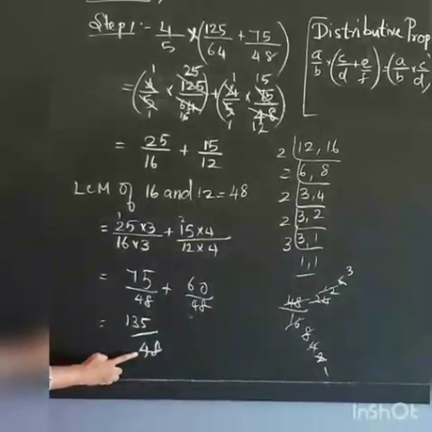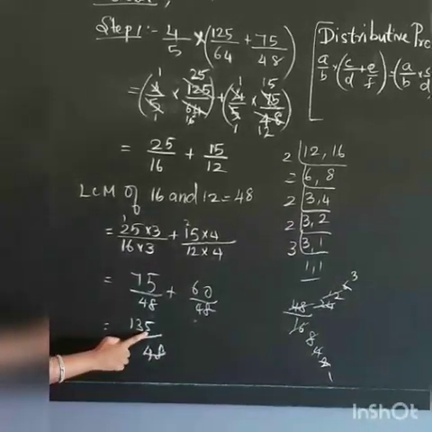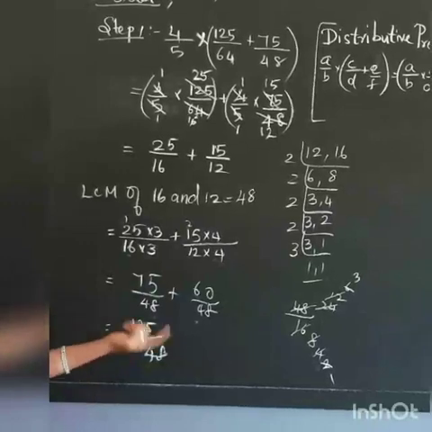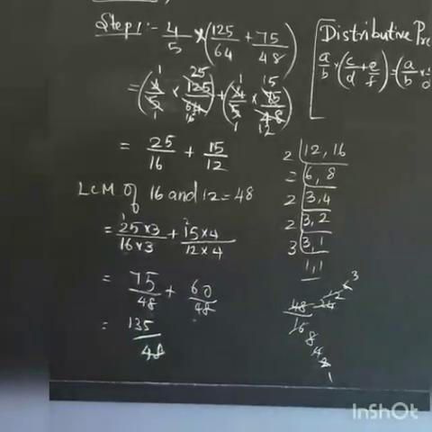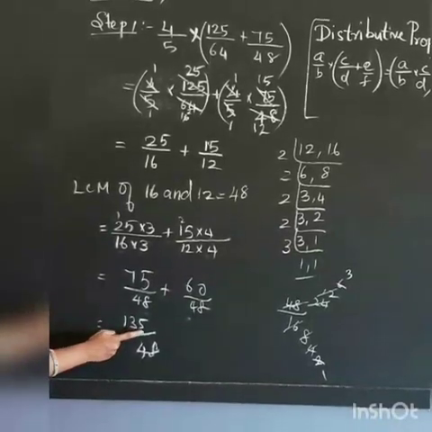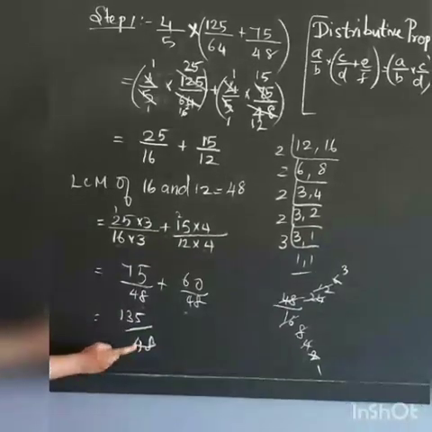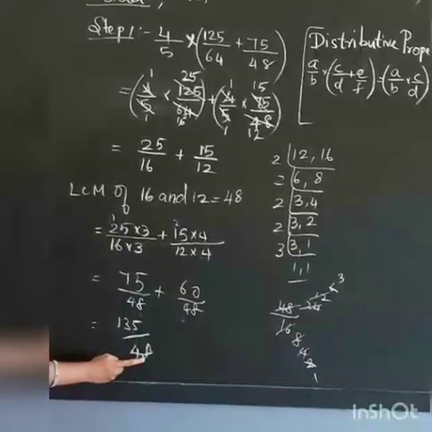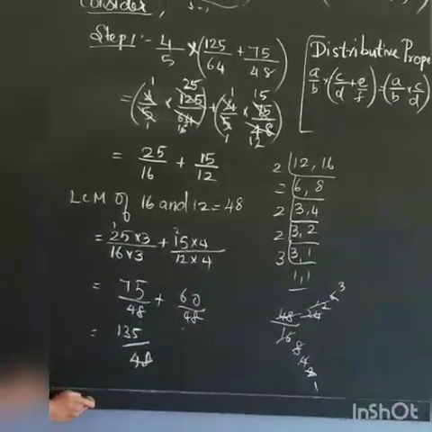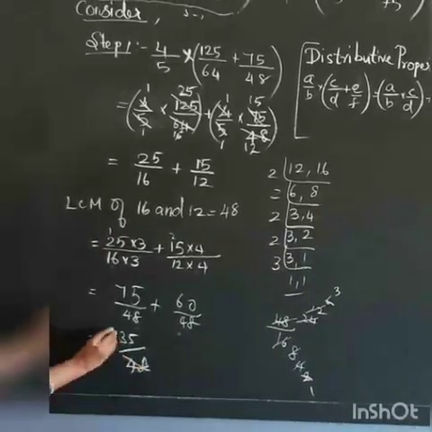Whether it is possible to cancel? It is not possible to cancel by 2 table because 1 plus 5 is an odd number. Next come to the third table. In 3 table how to check? You have to add and see. 1 plus 3 is 4, 4 plus 5 is 9. 9 is a multiple of 3. So it is divisible by 3. Come to denominator. 4 plus 8 is 12. 12 is also a multiple of 3. So both the numbers will cancel in 3 table. So cancel it by 3 table.